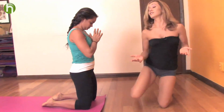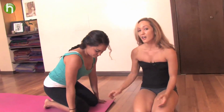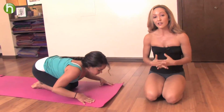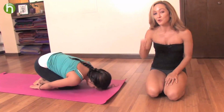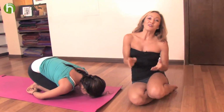Although it's not in this series, if Kapotasana is very, very challenging for you, I recommend a nice child's pose to counter the stretch. If you're going to exit this posture in child's pose, knees together and strong work with the bandhas. 5 breaths there is maybe even too much, just 1 or 2, and then you're ready to move on. This has been a great exploration of